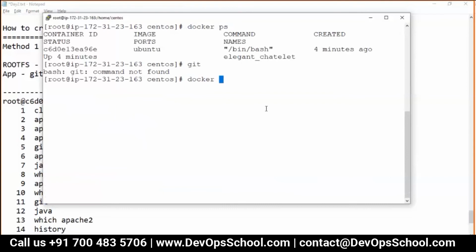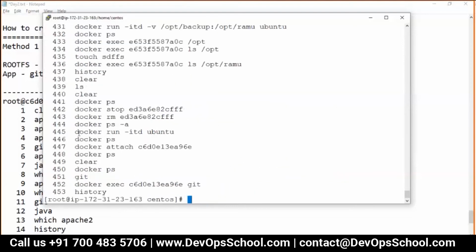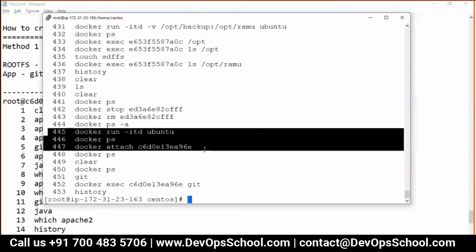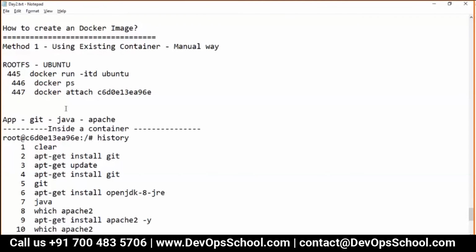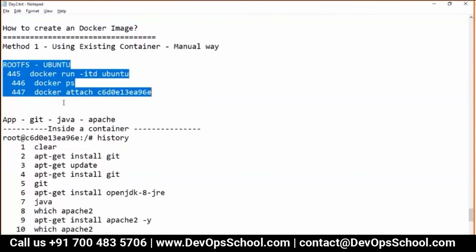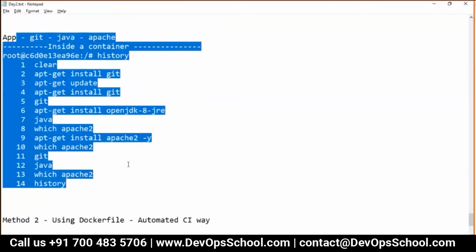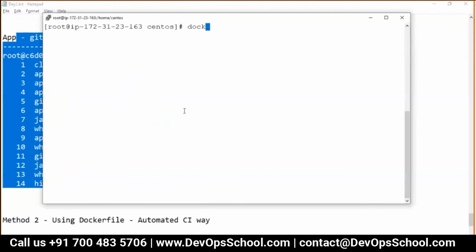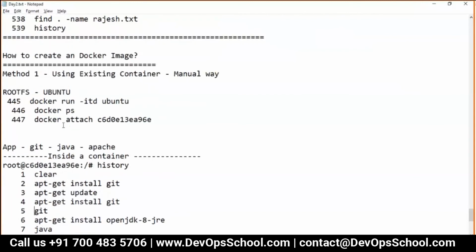No, git is there in the container. Yes, see, this is a power. So outside of the container, I run this command to come inside of this one. Okay, so these are the commands I run to create a container from Ubuntu, and these are the commands I run inside a container. So guys, whether the container is running or not right now is not so important. In this container, we got everything as it was requested by my manager.